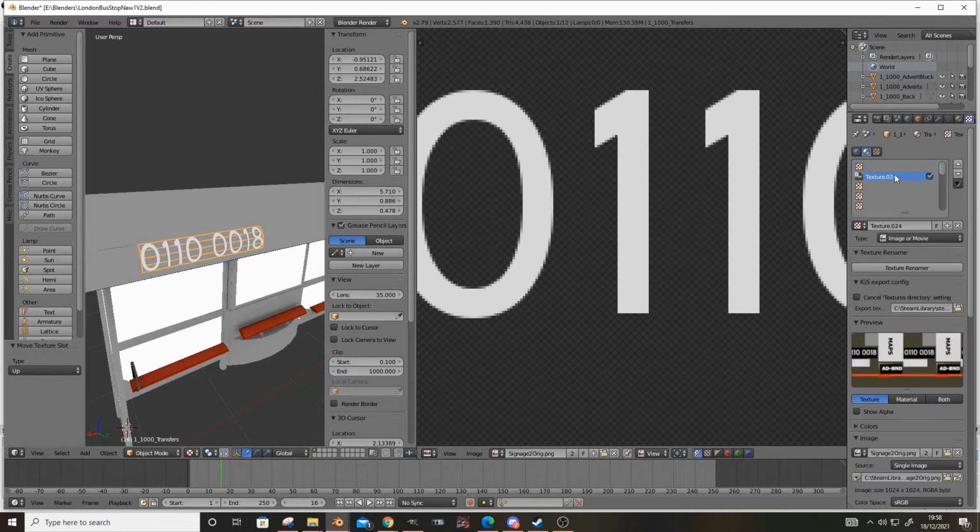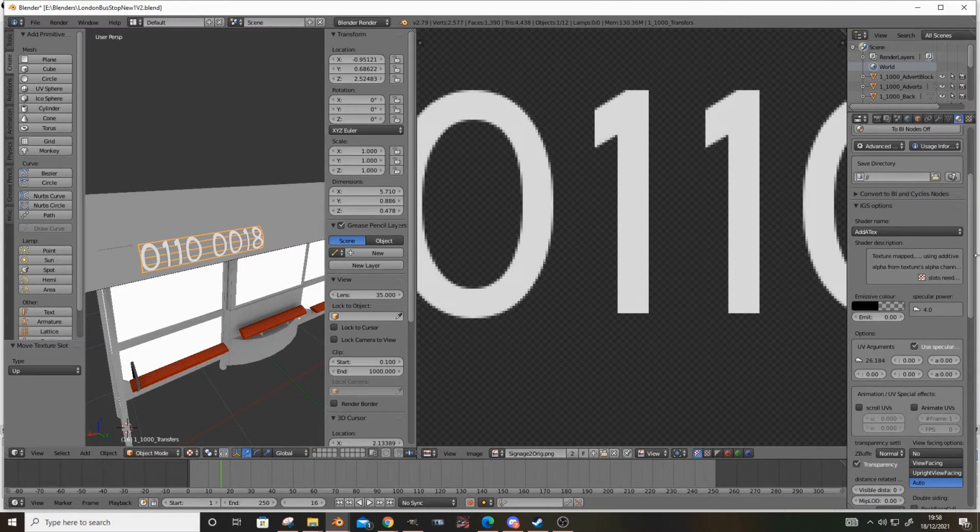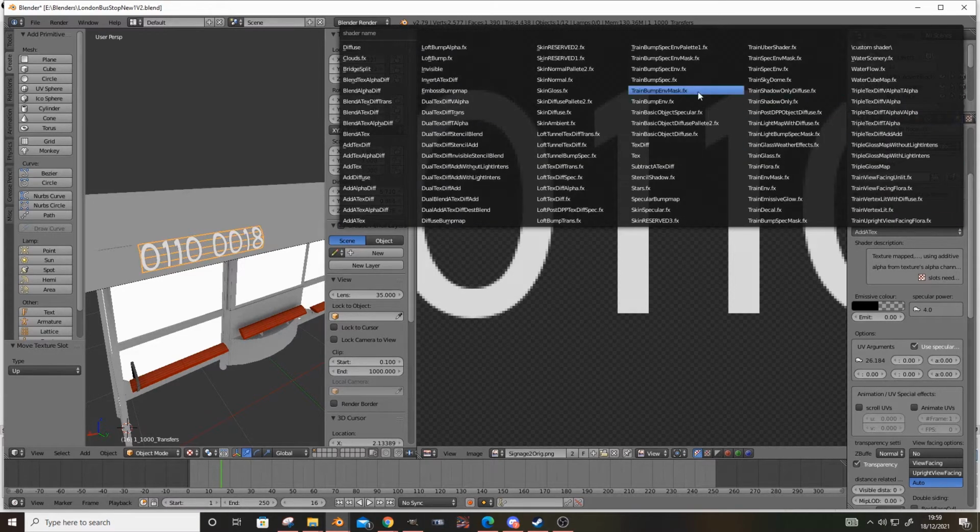We can delete all of them now. Add that as just the only texture in here. If we go back to materials, this shader name drop-down menu actually replaces that TRDiff thing. And the equivalent of the TRDiff thing is this one, Train Basic Object